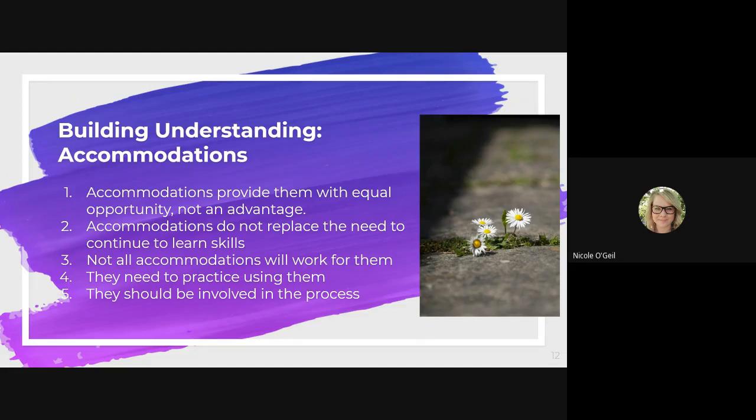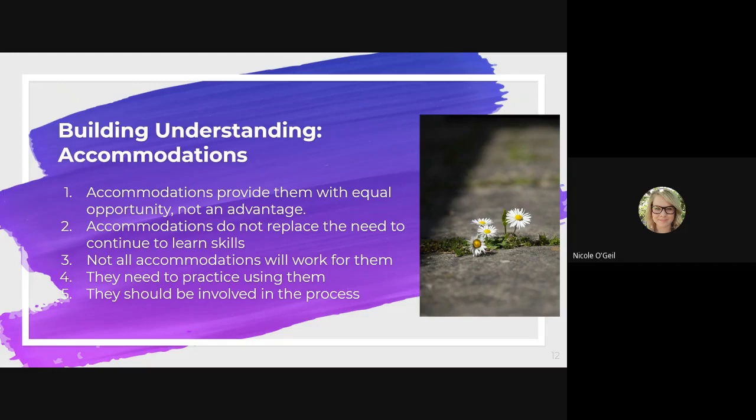The second barrier is that students might think accommodations are a replacement for actually learning the skills they need. So it's important to have that conversation that accommodations don't actually replace their need to learn some of the skills. It just makes it easier for them to acquire information. So it's important to communicate that balance of accommodation versus basic skills that they need to learn, so they're actually